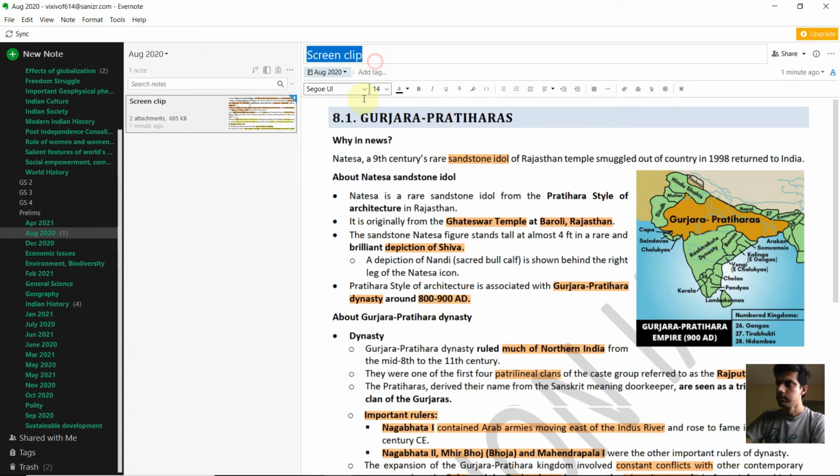Then we will title it as Gurjara Pratiharas, and then we will be adding some tags like this belongs to art and culture. Yeah, because there are temples, there are literary sources, so we can keep it as art and culture. And then this also belongs to GS1, which is General Studies paper 1. So now we have created the heading, the tags, and the notes. As I have said earlier, this note belongs to Indian culture of GS1 also.